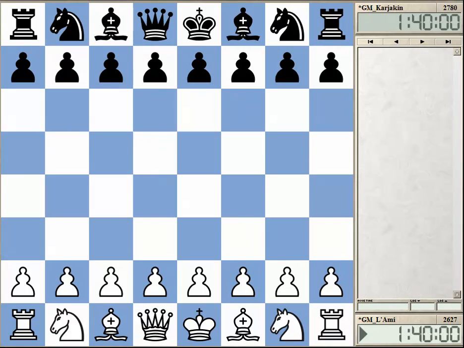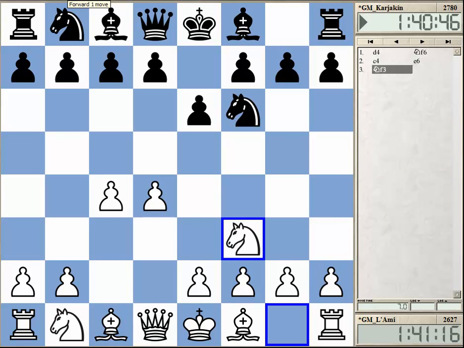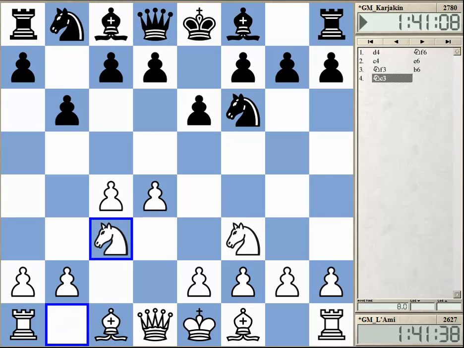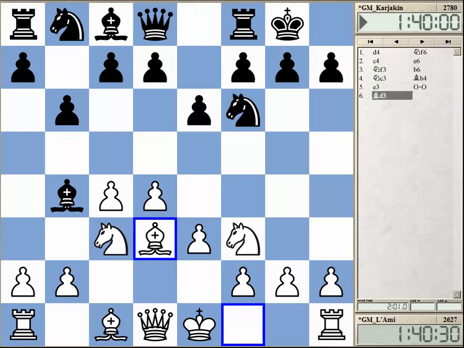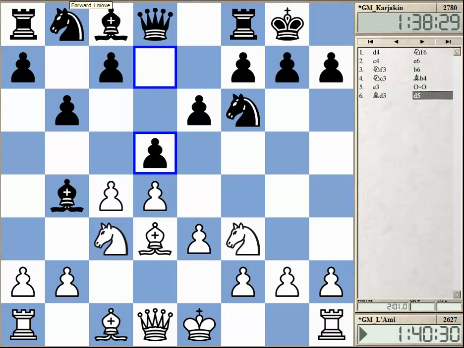Okay, so next game is Lamy against Kayakin. We have also a Queen's Indian start, but we transpose into a Nimzo setup. And black plays d5 here. This is interesting. This way we transpose to the first round game of, let me think, this was Sokolov